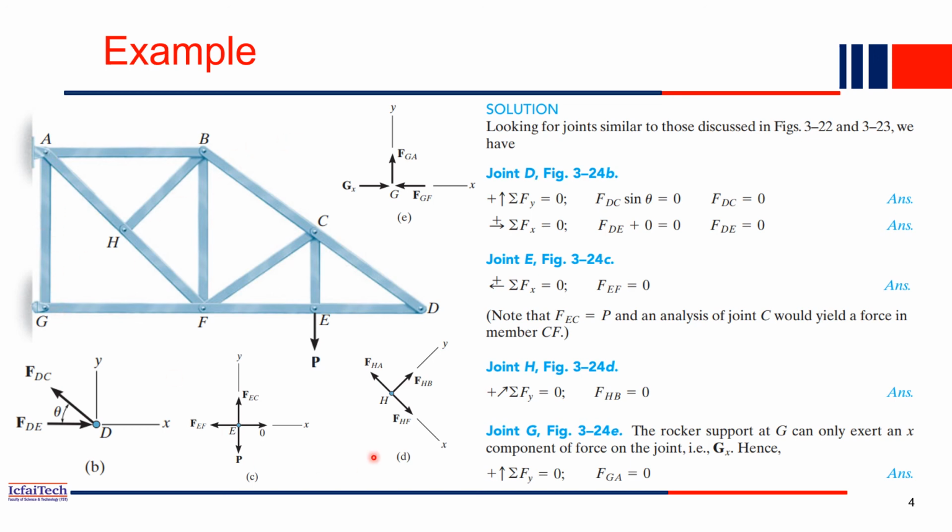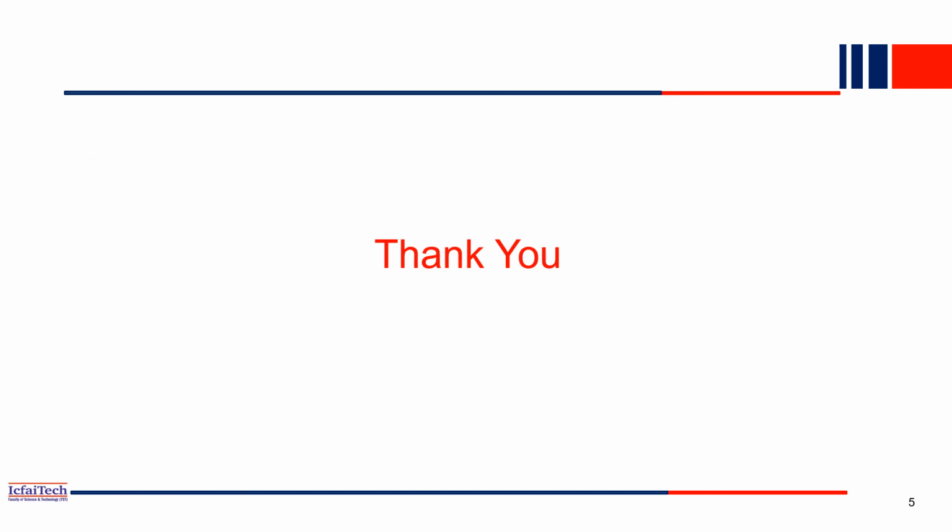So without applying any method of joints equations, directly we can tell which members are 0 force. This is a 0 force member, this is a 0 force member, this is a 0 force member, like that, without doing anything, we can tell which members carry 0 force. Once you know the zero force members, then very quickly you can analyze the other members as well. So these are the zero force members we discussed today.